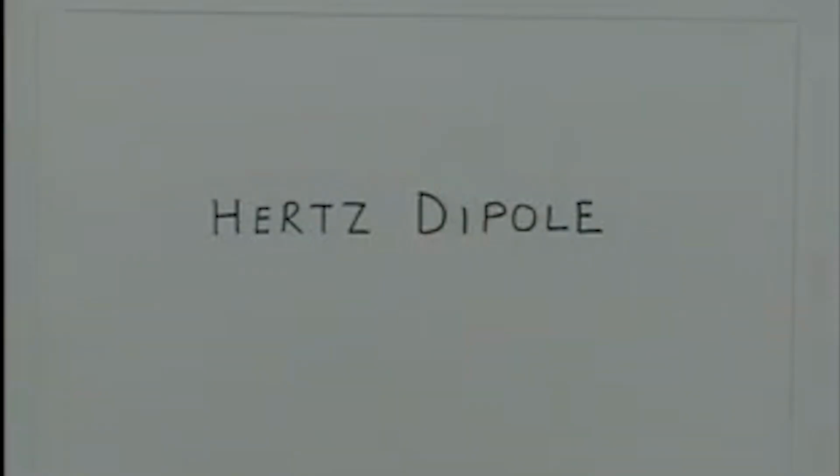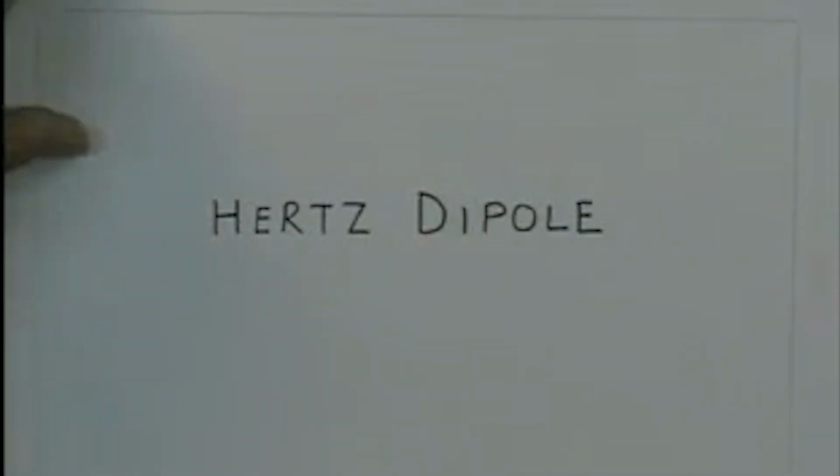We are investigating radiation characteristics of what is called a Hertz dipole. We saw in the last lecture that the Hertz dipole is a small current element. That means, if you imagine a small piece of wire which is carrying some current, then we can find out the vector potential due to that small current element, and then from there we can find out the electric and magnetic fields. So, in the last lecture, for the Hertz dipole, which is a small current element, we derived the